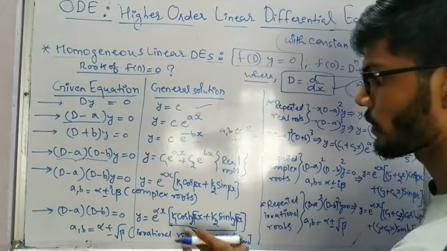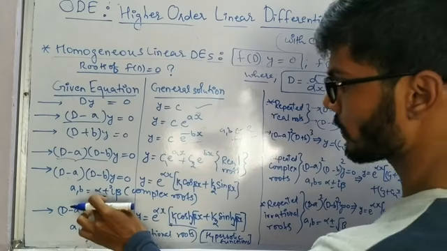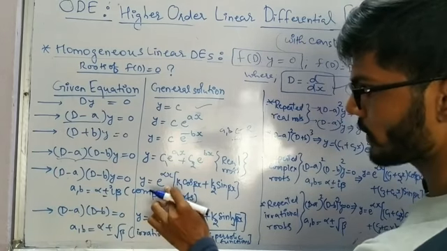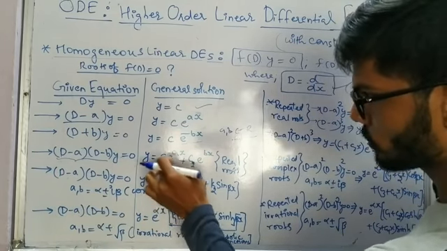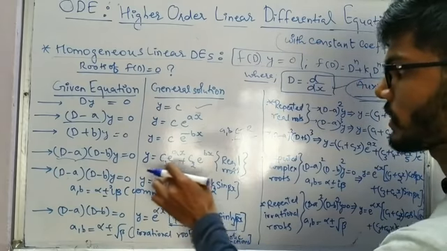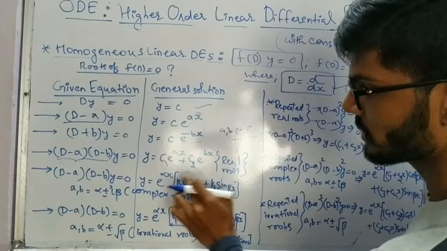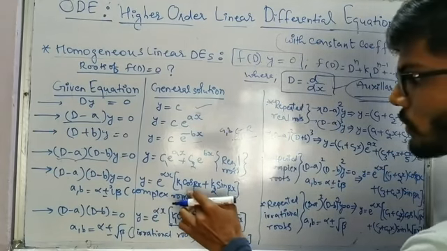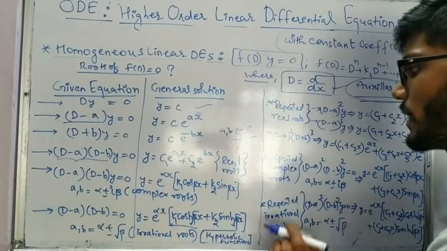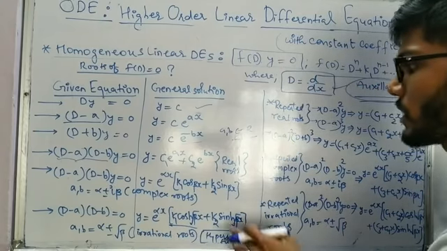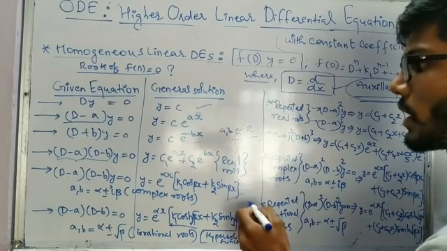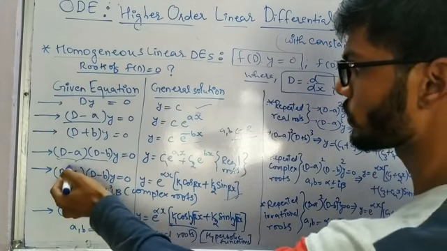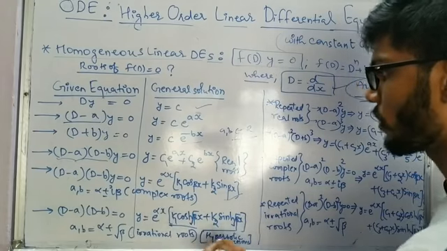In that case we are going to write the solution such that the real part will be in the same format as we used to write in the previous cases, e^(ax) and e^(bx), so we'll write e^(alpha x). But the imaginary part in the complex roots comes into the solution in terms of cos beta x and sin beta x. So k1 cos beta x + k2 sin beta x. You have to be very careful whether the roots are real or complex.